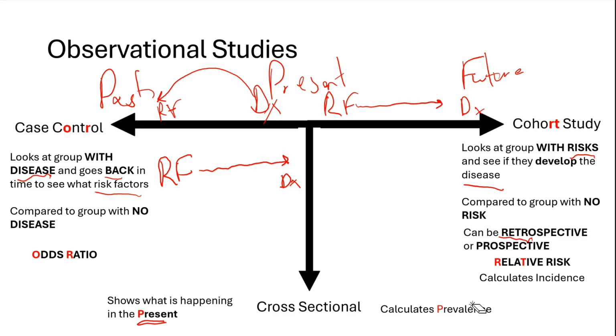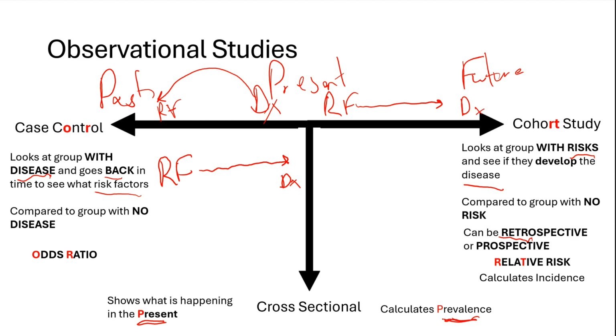Prevalence is usually compared to incidence, and we will talk about it in upcoming videos. But my big takeaway point with cross-sectional is it is a snapshot. It is a picture of what is taking place at this moment in time. It is a study that will be done today. The big takeaway is case control versus cohort study, especially understanding that case control begins with the